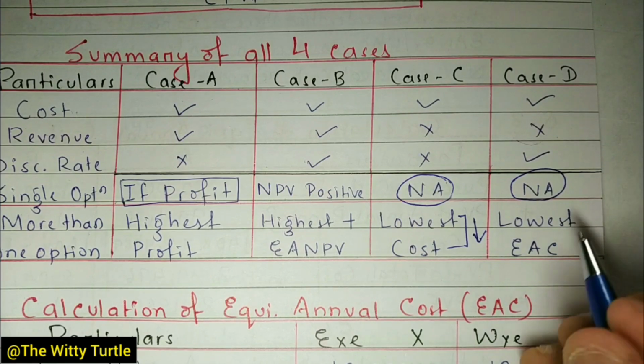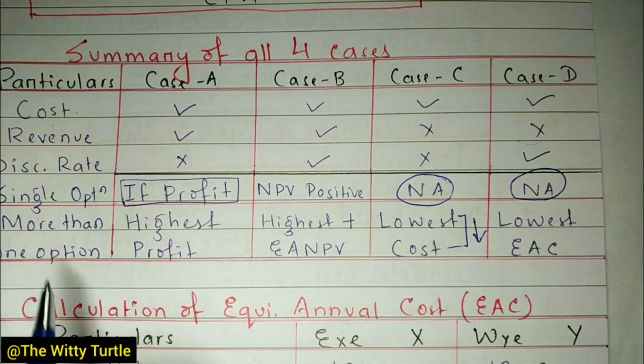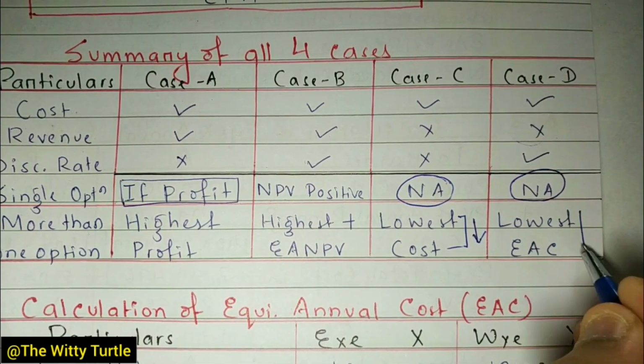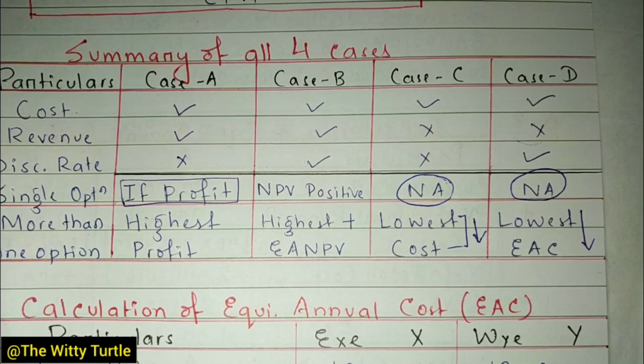Equivalent annual cost, and if it has more than one option, then whichever option has the lowest EAC, lowest equivalent annual cost, you have to choose that particular option. Now we will understand what is the meaning of